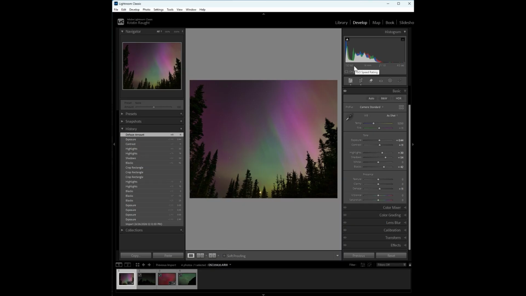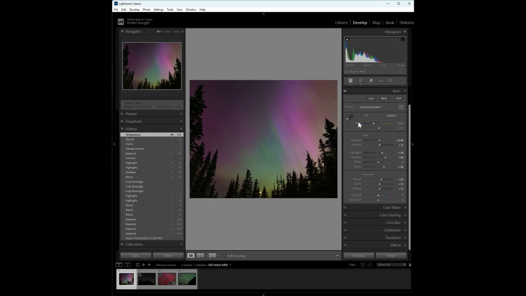And again, that would depend on what camera you're using. Some cameras are better at reducing noise in camera, and some are not great at nighttime photography. I use the Sony A7R5, and it's one of the best